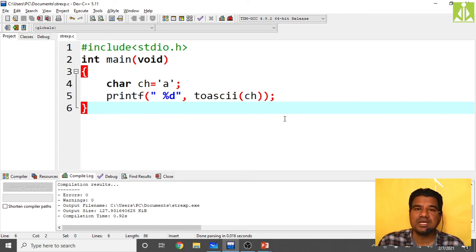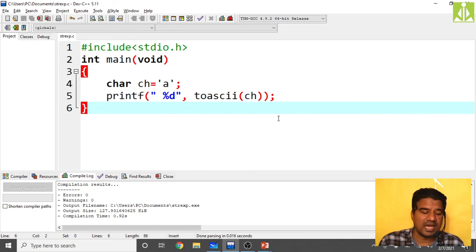Hopefully you understood. We discussed 5 string manipulation functions: string length, string copy, in which we have basic string copy and length controlled. Then string comparison, in which we have two, basic string comparison and length controlled. Then finally string concatenation, with two functions, basic string concatenation and length controlled. Then finally the string reverse function we discussed.